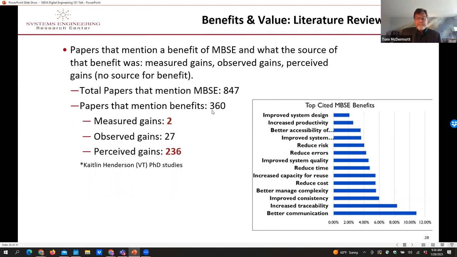Out of that, there were only 2 that had actually measured the gain itself. All the rest were perceived. So there are a lot of perceived benefits today of model-based system engineering and digital engineering, but not that many lessons learned in terms of, oh, I actually saved this much money. So even though managers want you to state return on investment, we've got some development to go to get there.